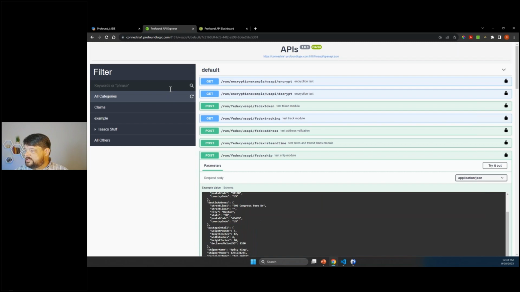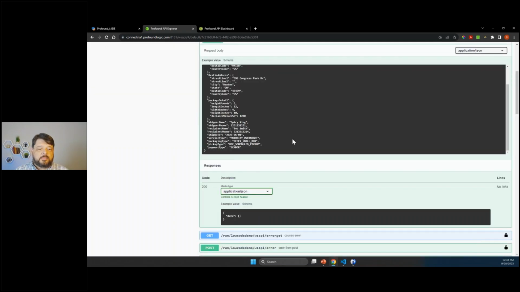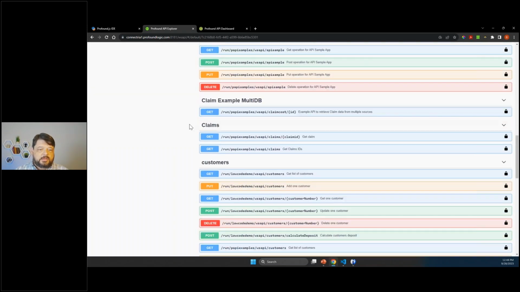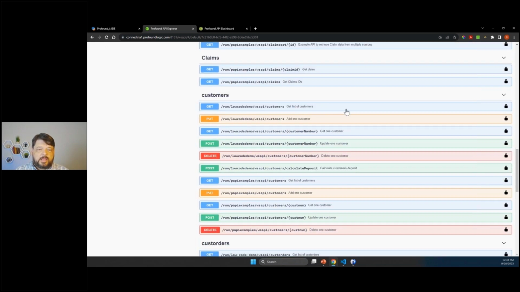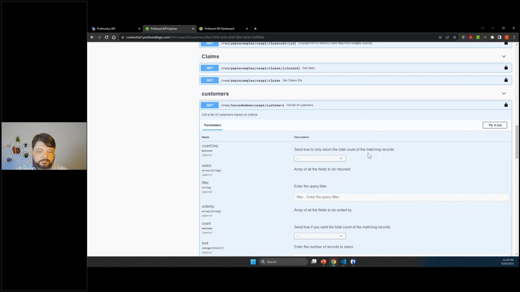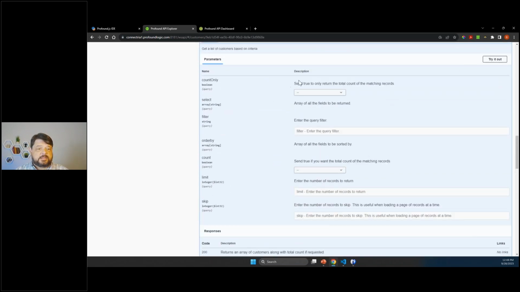You can search for these APIs. This is your portal for your API consumers to be able to come and find the APIs that are available and to be able to consume them. So we can get down into all the different APIs that we have available, and even test them right here within the documentation.